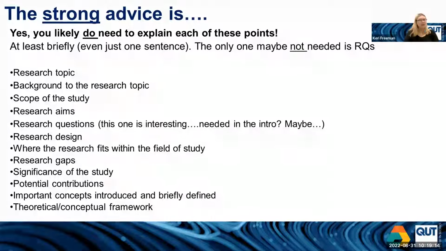If you're not putting research questions into the introduction, where are they going to go? That's the other thing. I mean, potentially methodology, maybe even lit review, but I probably wouldn't advise leaving research questions to a chapter 3 if that's what your methodology chapter is. So if you're thinking about it like that, then chapter 1 might be a place, or potentially the literature review, especially if you've used the literature review to formulate your research questions. Maybe then it would fit in there, but definitely something to think about.